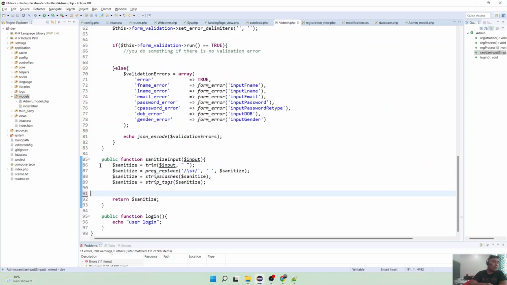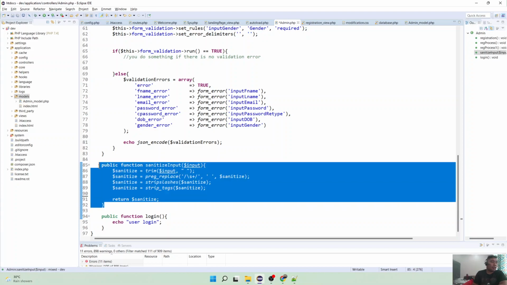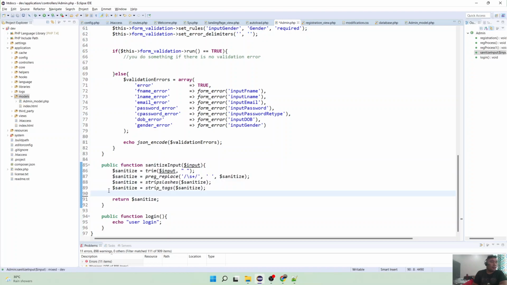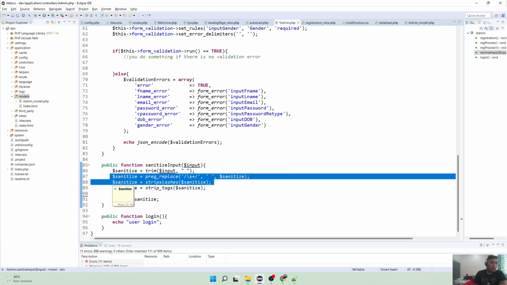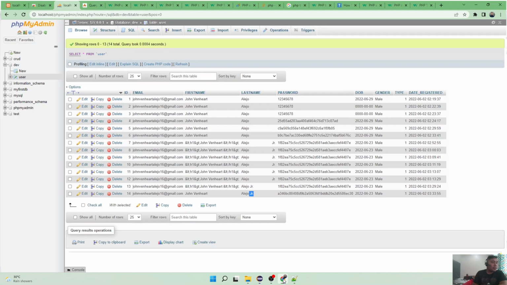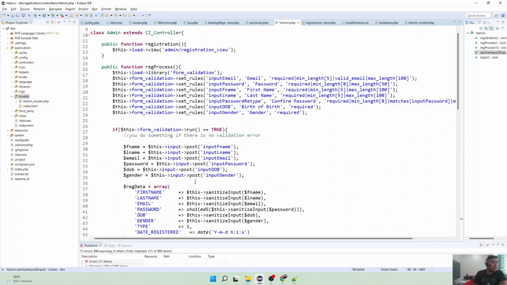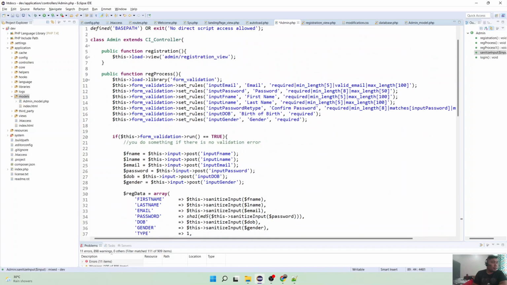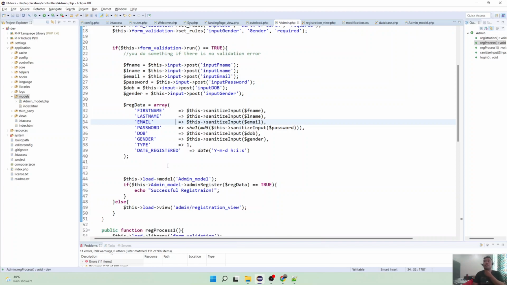Sanitation is very important because whatever data you input to the database is risky if you are not sanitizing all of the inputs in your system. Okay, so since we already have that one, that's good. So you may now have a successful registration, and then you are going to create a new page